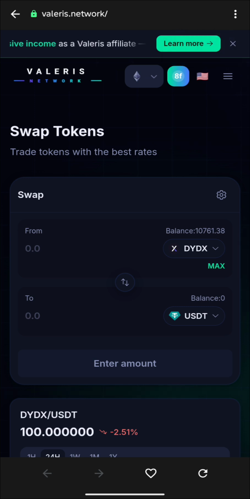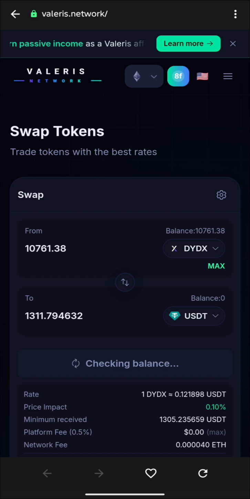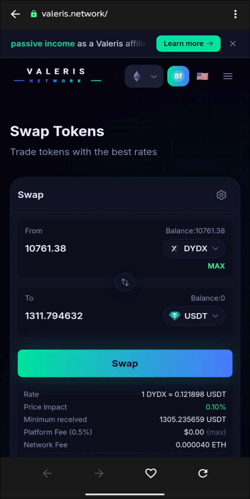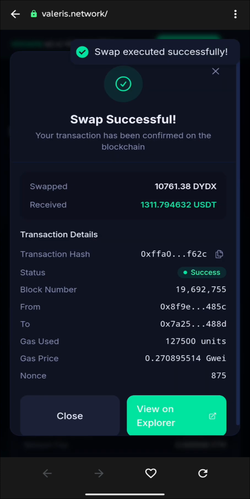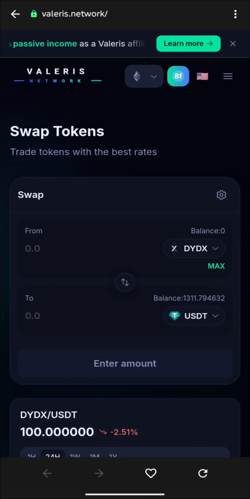Now the next thing to do is to provide the quantity of the dYdX token that you want to swap to USDT. For this video, I will be swapping the entire dYdX token I have. So I click on max. This will bring out all my dYdX token. Then I click on swap and then click on confirm. Give this a few seconds to process. This usually doesn't take too much time. As you can see, we've successfully swapped our dYdX token to USDT. And if you close out of this, you'll see that we now have about